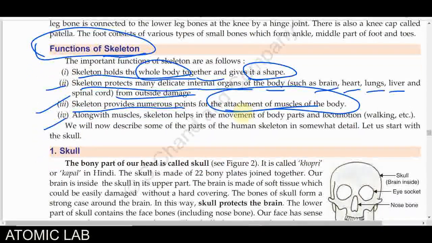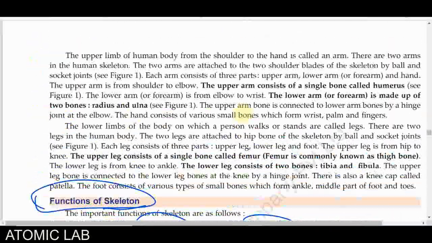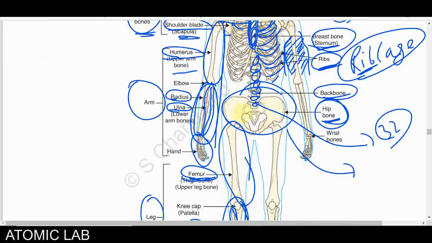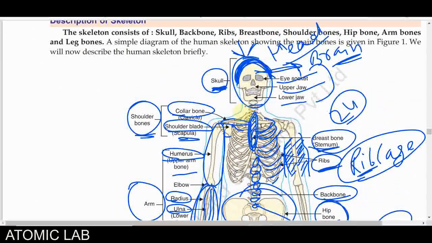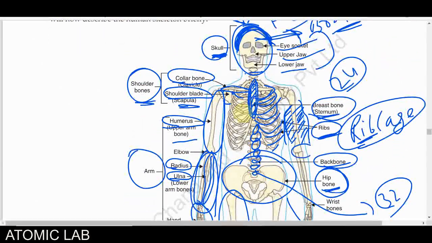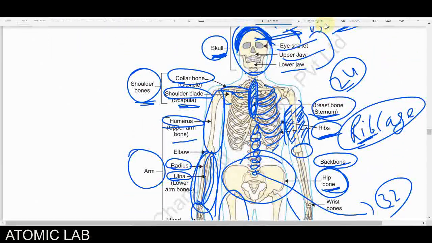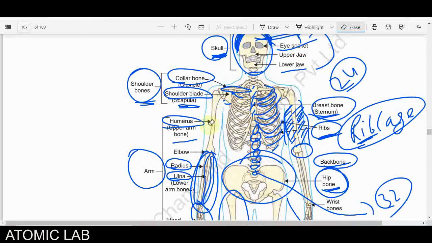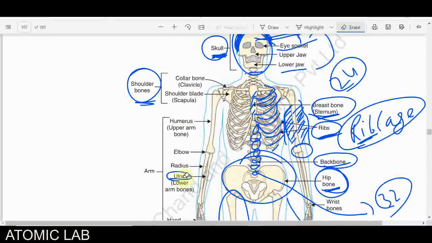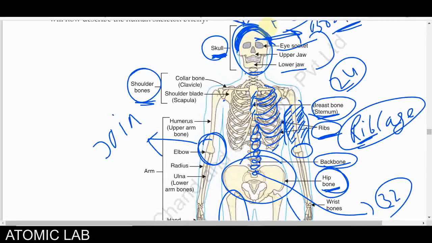And the fourth, you will see that along with the muscles, the skeleton helps in the movement of the body parts and locomotion. So definitely these bones allow the joints in our body. If you see where two bones are attached, in this case, if I rub it, इसको मैं थोड़ा सा rub करूं and then I will show. So where you see two bones present or joined, जहां पर भी दो बोन्स ज्वाइंट करेंगी, अटैच करेंगी, that will be known as the joints.